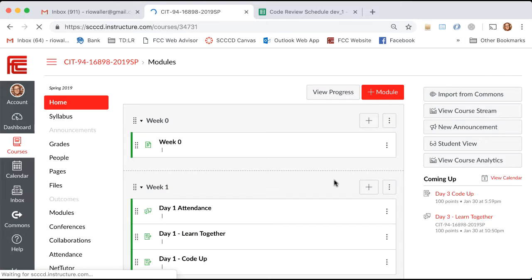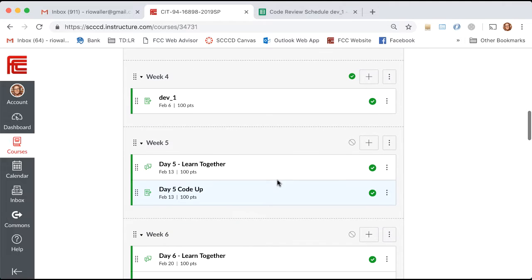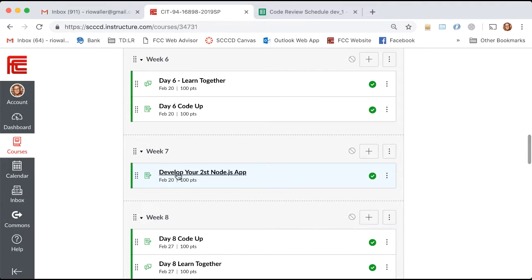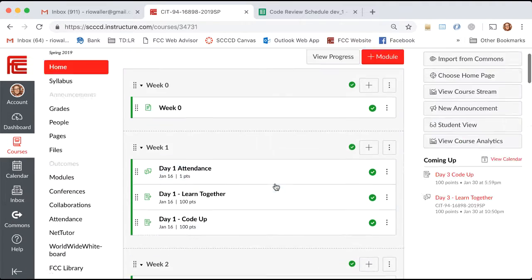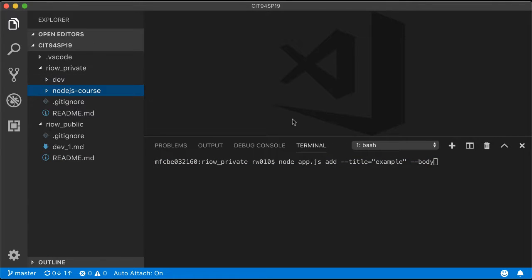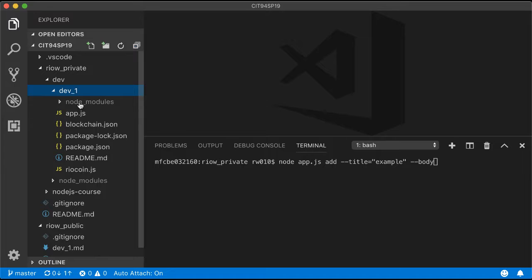All right. So the thing I will also do, because there may be somebody wanting to do this, is I actually start looking at the code ups for the next series, because we have another 2 weeks and then another app due. Okay. Oh, one other thing I will show here, and I'll put it in the write-up, is where you're going to put your code here is in your private, create a directory called dev, and then create a dev1 directory, and then that's where you'll put your code.